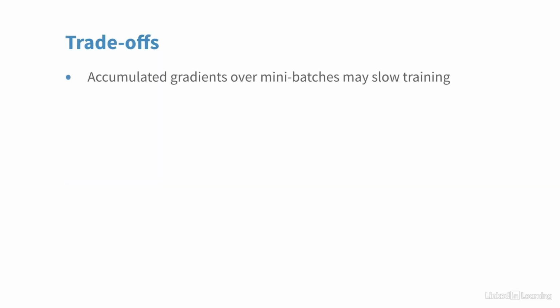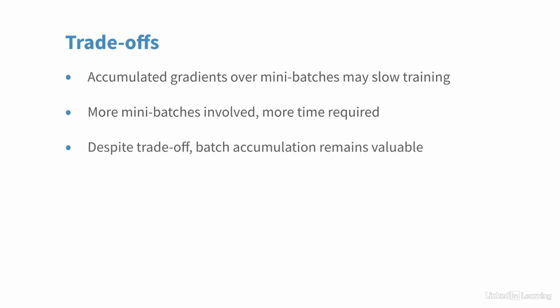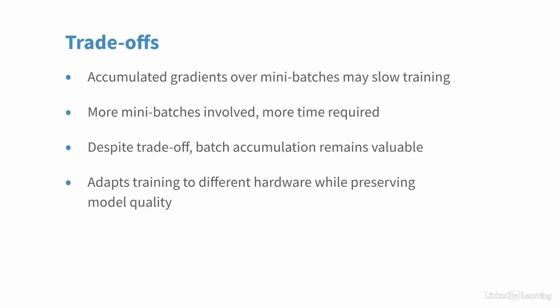Since gradients are accumulated over multiple mini batches before a single update is performed, the training process may require more time, especially if the accumulation step spans many mini batches. Small batches are noisy and can lead to instability, but have a regularizing effect and may lead to more global optimums. Larger batches are more stable, but sometimes they might generalize worse. Despite this trade-off, gradient accumulation remains a valuable technique for adapting the training process to different hardware configurations while preserving